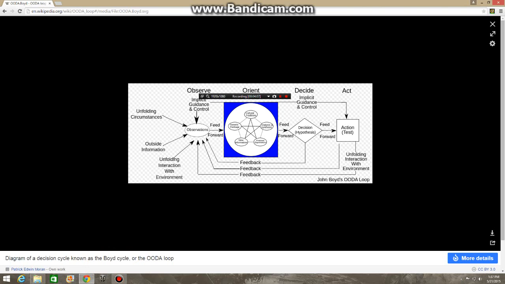The observations then lead you to the next level. You orient yourself based on your observations, new information, previous experiences, how you analyze the observation, and in the case of World of Tanks, perhaps cultural traditions. Genetic heritage doesn't really apply here, but it applies in many other circumstances. That's when you move on to the decide point. Now, when you decide, you're making a decision. You're formulating a hypothesis based on your observations and how you're oriented that will lead you to the action stage.